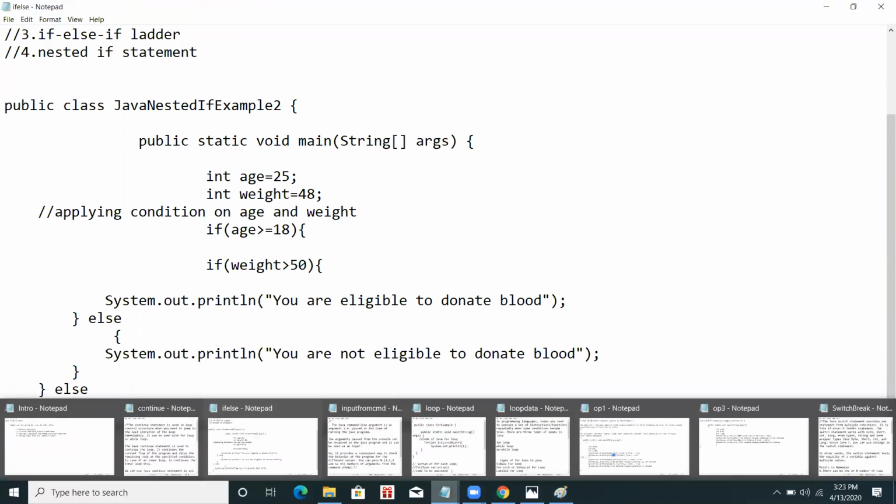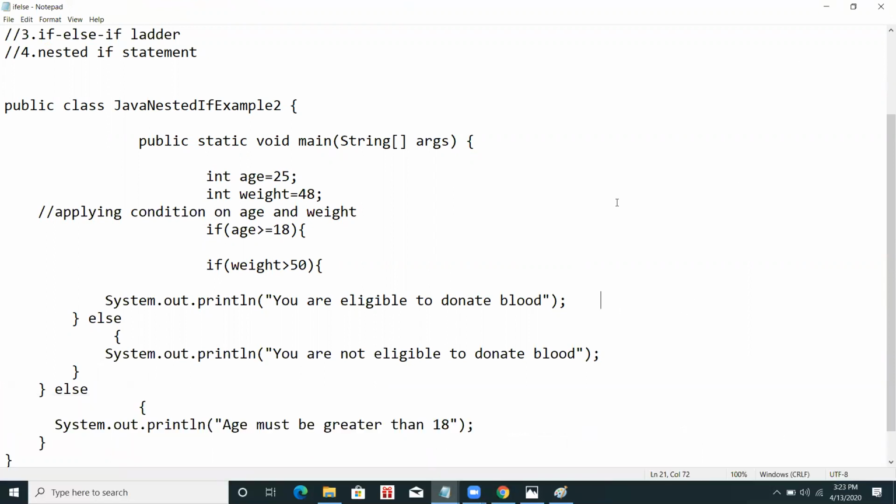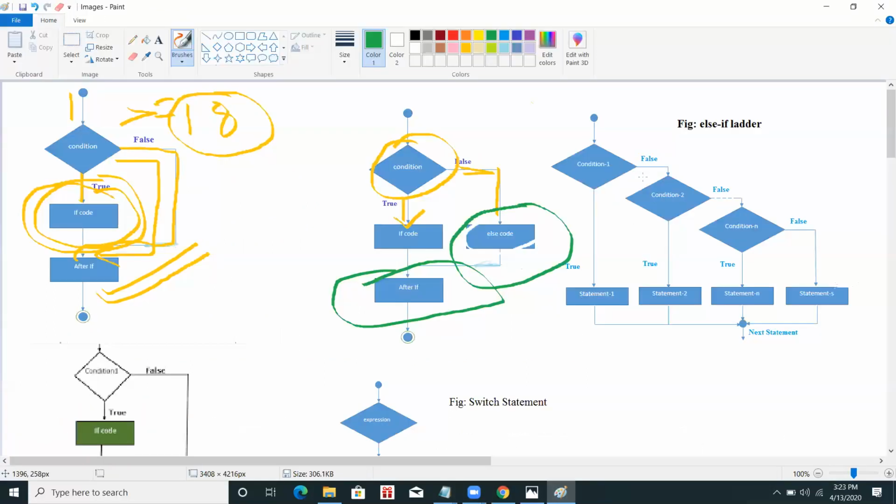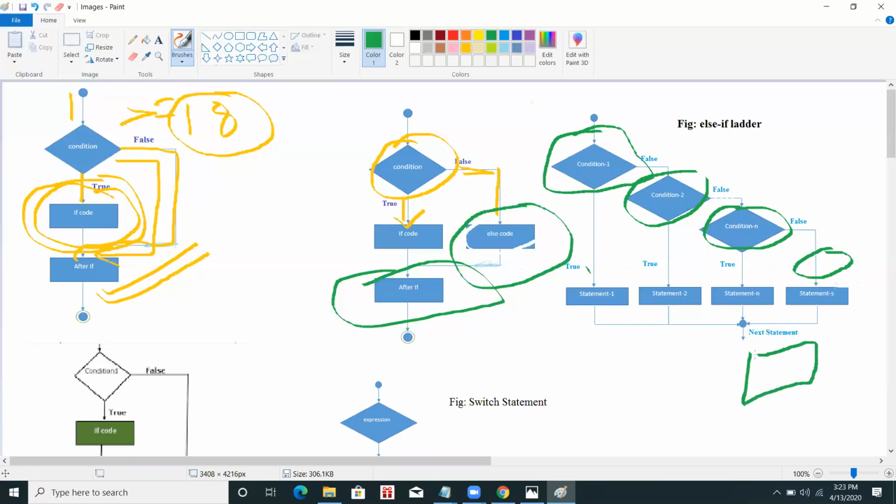When we have multiple options to check, we can use the if else condition there. What happens in this? There is a first condition. If this condition is not true, go to the next condition and check whether it becomes true. If this condition is also not satisfied, go to the next condition. And if all the conditions are false, the else part, which is the default part, is executed.